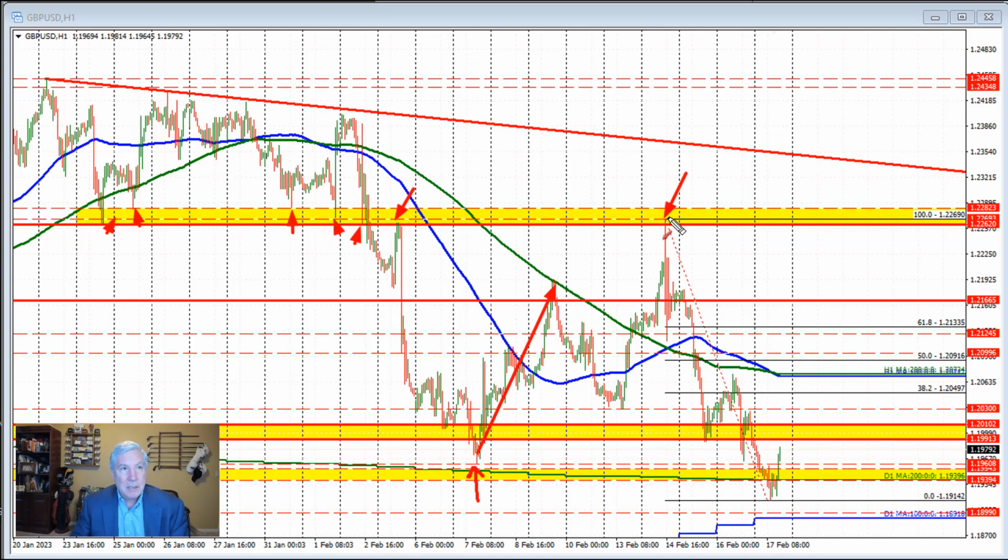So it returned to that level, found willing sellers, and pushed the price down, falling below the 100 and 200-hour moving average. And in trading yesterday, we saw sellers lean against the 200-hour moving average and take the price to the downside, moving below this swing area, and we closed below that level, which is good news. After testing on the rebound right through here, we had a low here, and then we found the sellers against this level right here and moved lower into the close. Anyway, we saw the momentum to the downside take the price below the 200-day moving average right here,